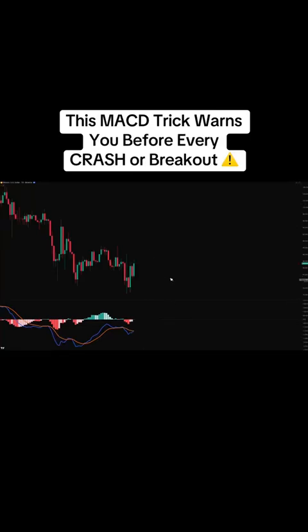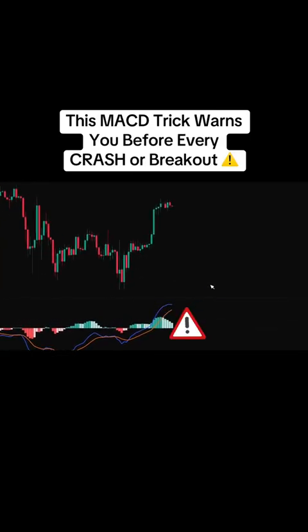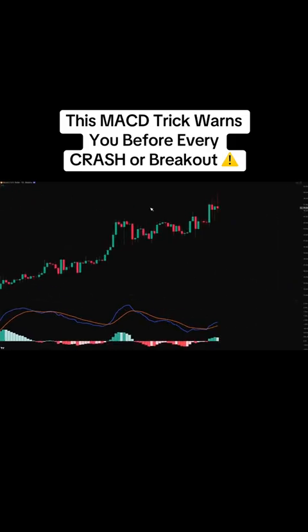Before every major breakout or crash, the MACD gives a warning. It's not the crossover, it's something else. Look at this chart. Price is making higher highs. You're 100% sure it'll go even higher because the MACD just turned green again, but what you don't see is